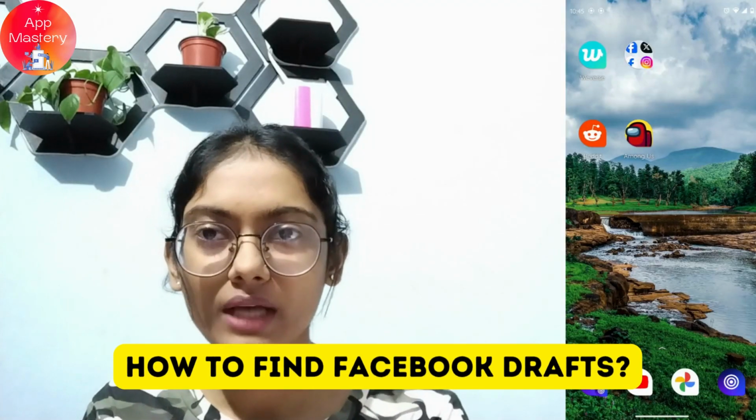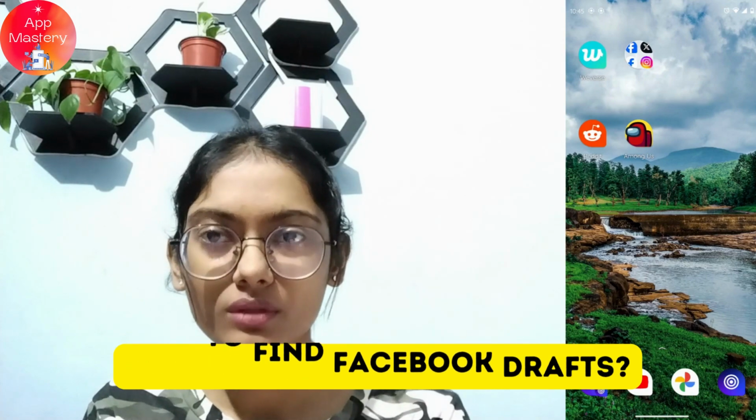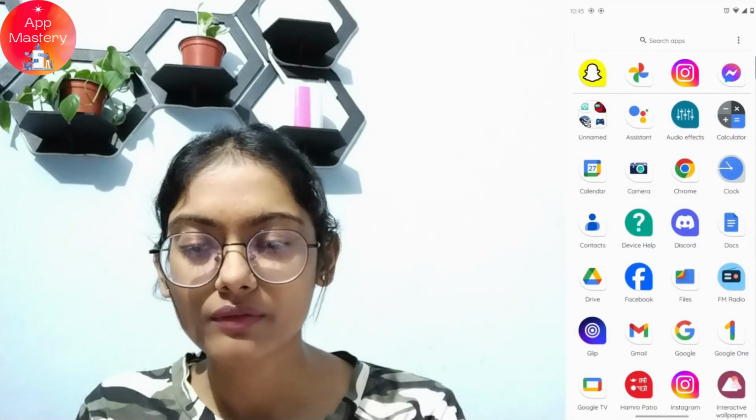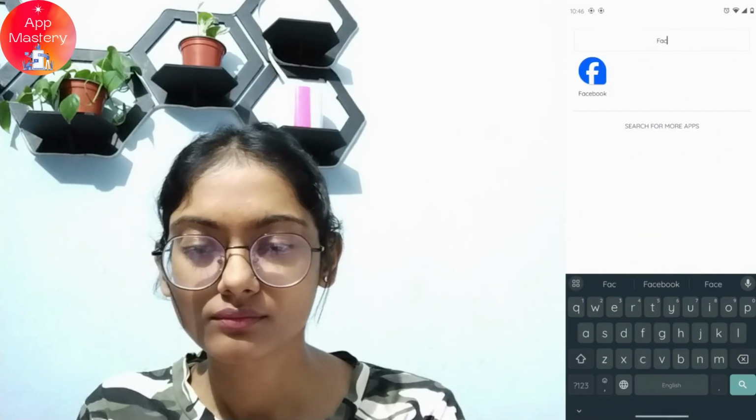How to find Facebook draft. So if you want to find Facebook drafts, then first you can open up your Facebook application, and after logging in,